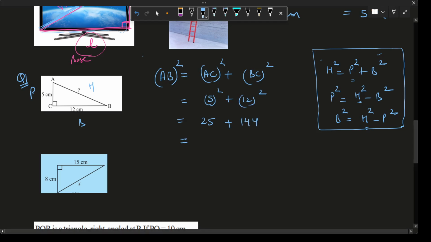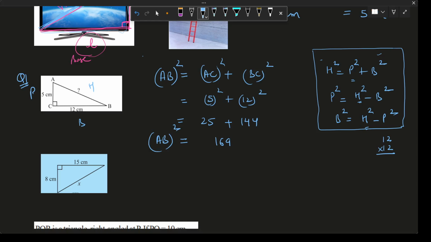अभी इसके लिए आप लोग को क्या करना है बच्चों? You learn all the squares. ऐसा नहीं है कि आप बैठ के 12 into 12 करने बैठे हो. No, don't waste your time. Learn all the squares. It's easy. So that's 169. Easy way. एक लिस्ट बना लो सारे squares का till 30. Paste it in front of your table. एक A4 sheet में या किसी भी पेपर में लिख के just have a look at them daily. So you will understand. Now AB square is 169.